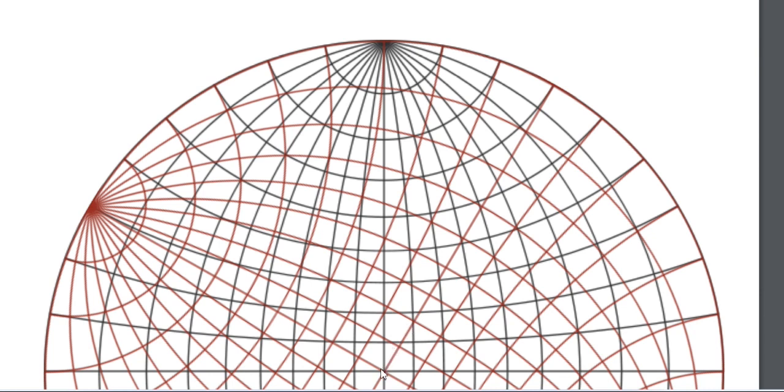Here's where the celestial equator hits the horizon. And here, all these stars that travel here have a declination of 10, 20, 30, 40, 50, 60, 70, 80, 90. That's the north celestial pole. So,